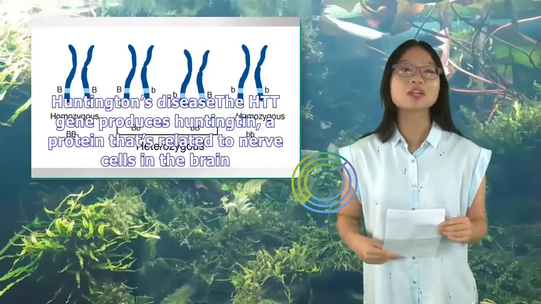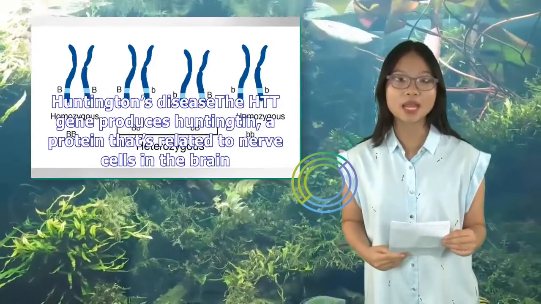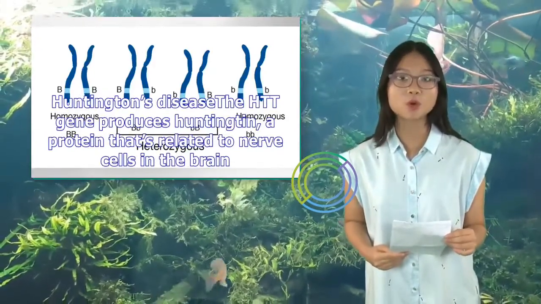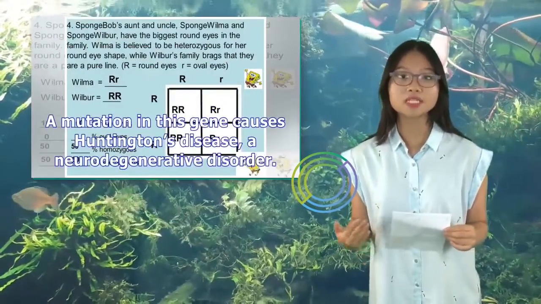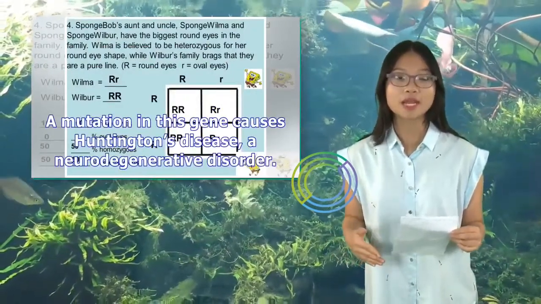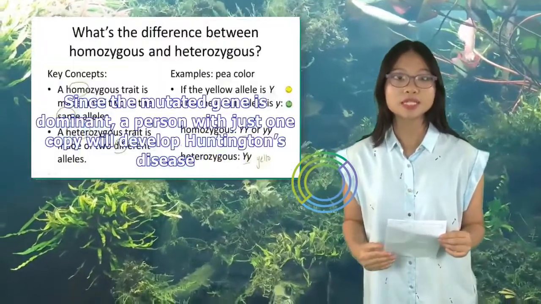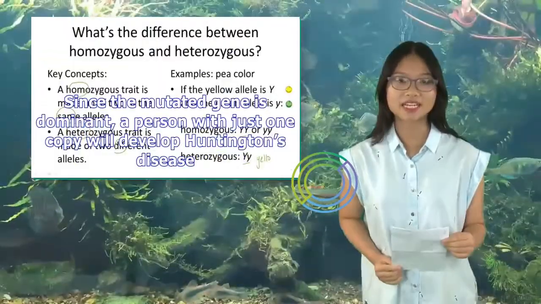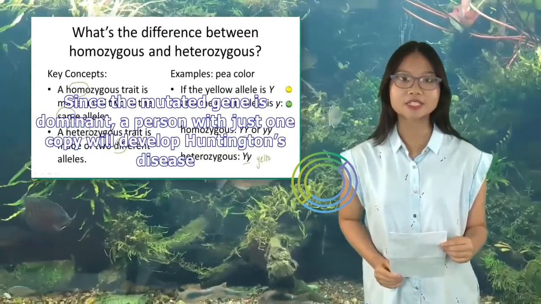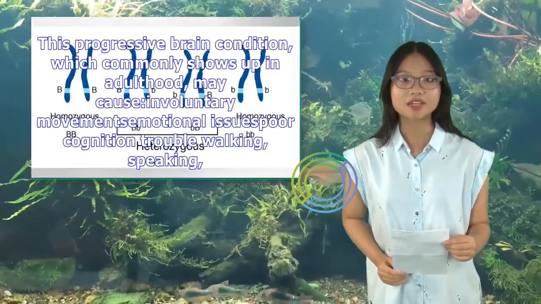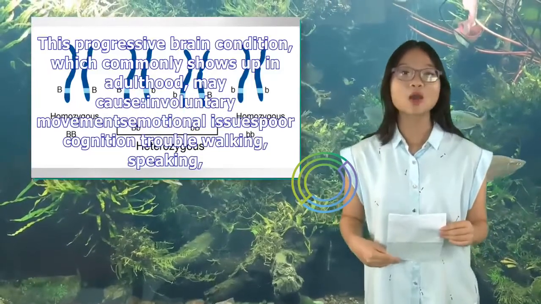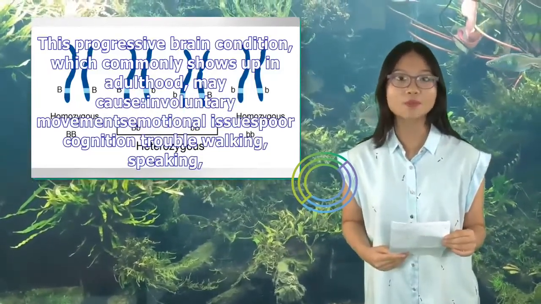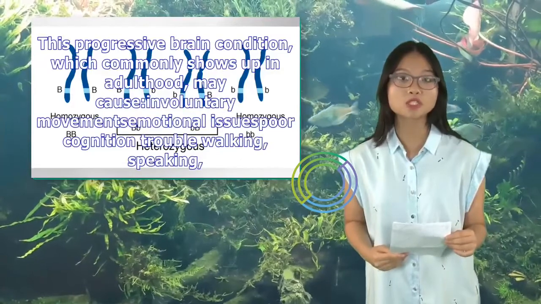Huntington's disease. The HTT gene produces huntingtin, a protein that's related to nerve cells in the brain. A mutation in this gene causes Huntington's disease, a neurodegenerative disorder. Since the mutated gene is dominant, a person with just one copy will develop Huntington's disease. This progressive brain condition, which commonly shows up in adulthood, may cause involuntary movements, emotional issues, poor cognition, trouble walking, speaking,